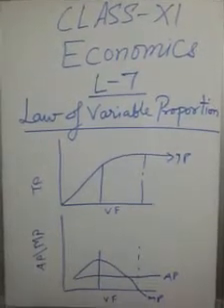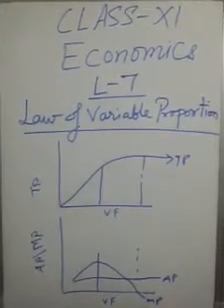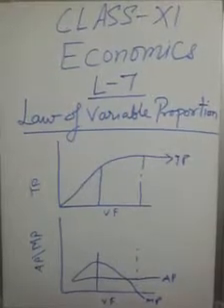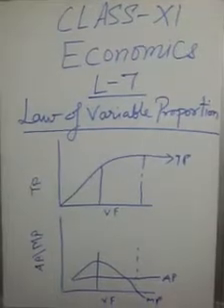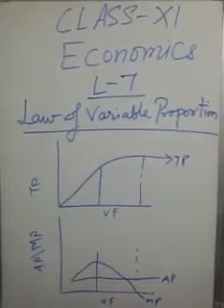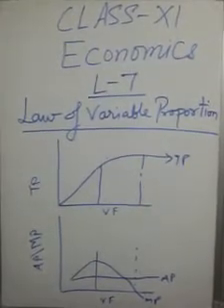As we are now going to discuss, so long as MP is increasing, TP is increasing at an increasing rate. In this table you are seeing that when TP in the first phase is increasing at an increasing rate, MP is also increasing, and MP gets maximum at the end of the first stage.